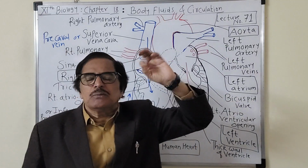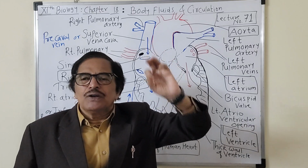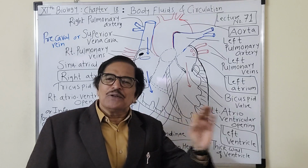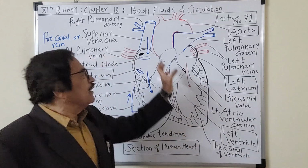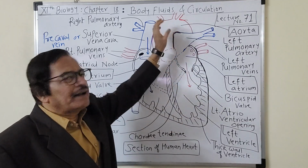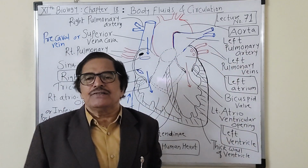ओके, अब देखो left ventricle का क्या केस है। Left ventricle is opening into the aorta, the biggest blood vessel. Moreover, it is the origin point of the arterial system. Arterial system का ये origin point है।